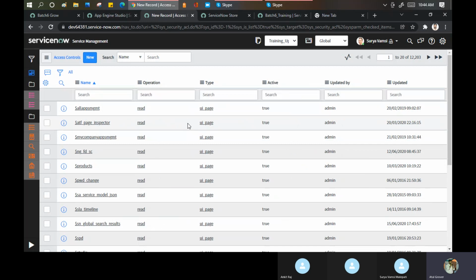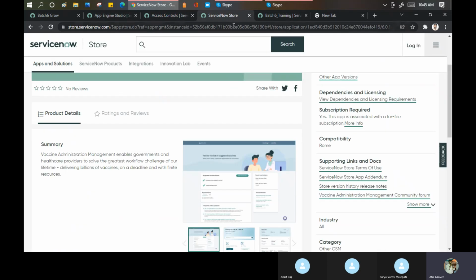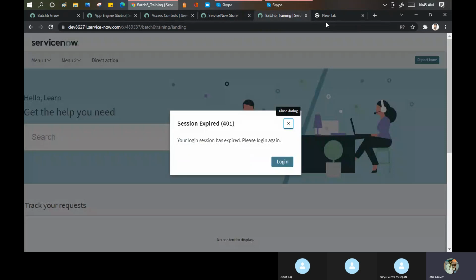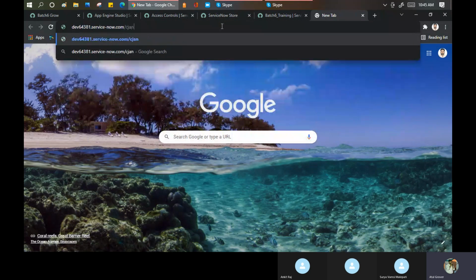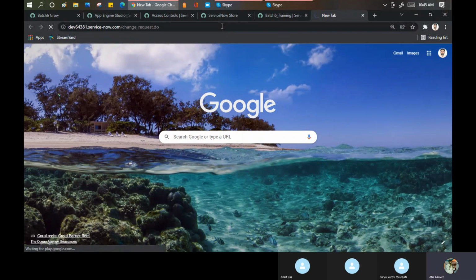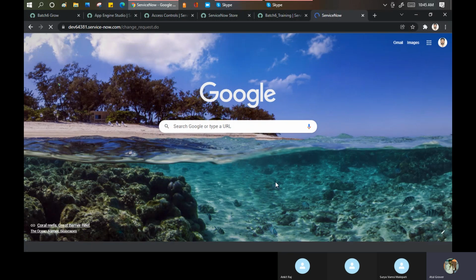So from my experience, we can put ACL on the table level. We can put ACL on the field level, sorry, I forgot. Because I am an admin, I can do everything here right now.